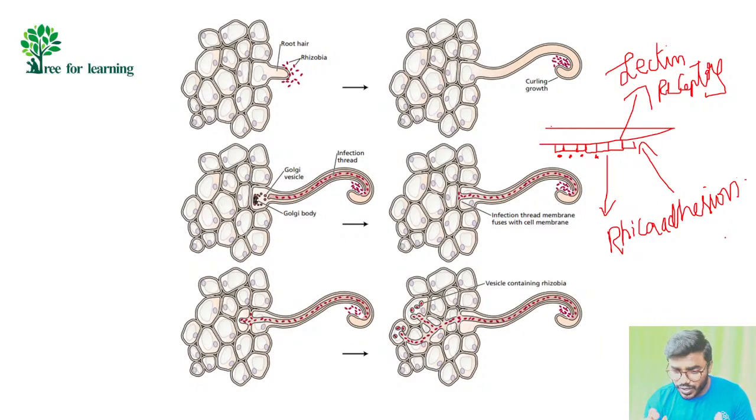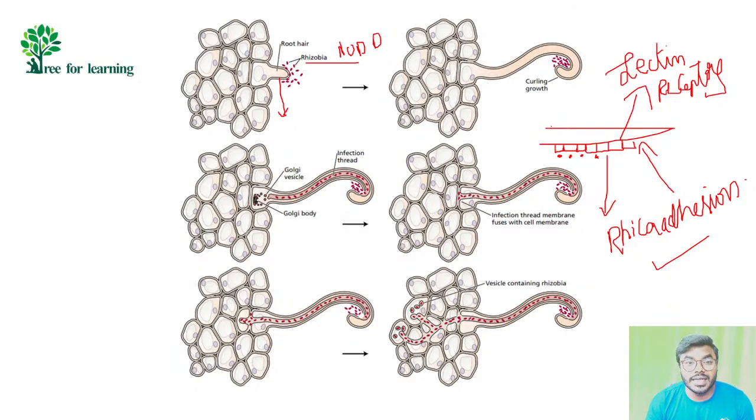Don't confuse. I want you to understand the concepts very correctly. Remember my words. What is the bacteria doing? Releasing the chemoattractants into the soil. Once the chemoattractants are released into the soil, immediately what is going to happen, friends? The chemoattractants will activate the nodD gene in the bacteria. Then the bacteria will come and attach to lectin receptors present on the root hair. That process only we can call Rhicadhesion. Understand the concept? Okay.